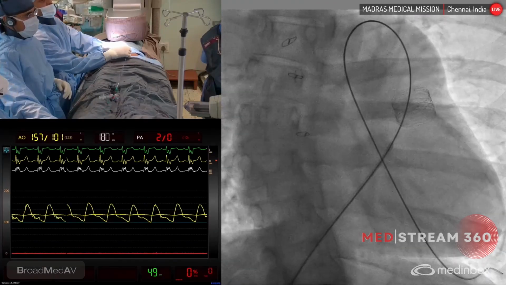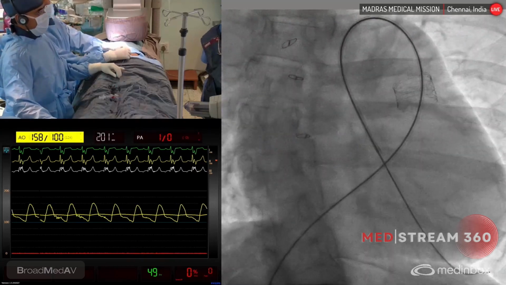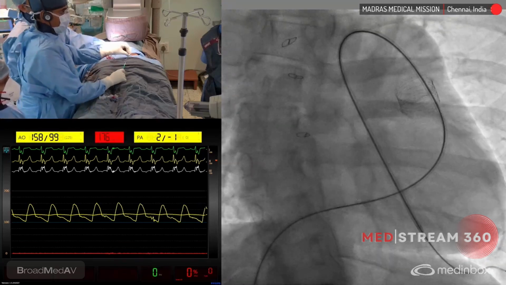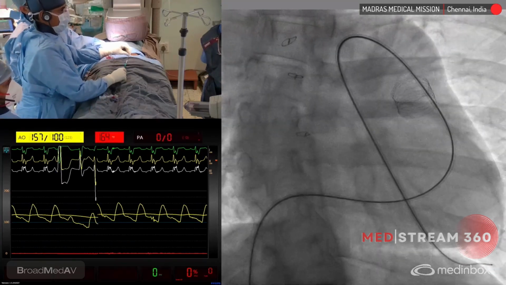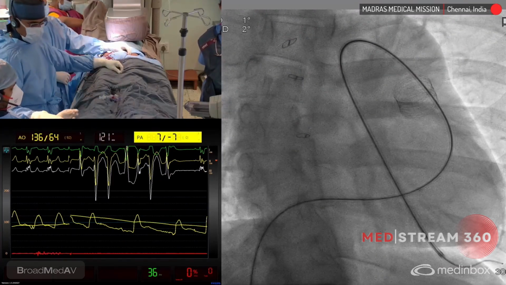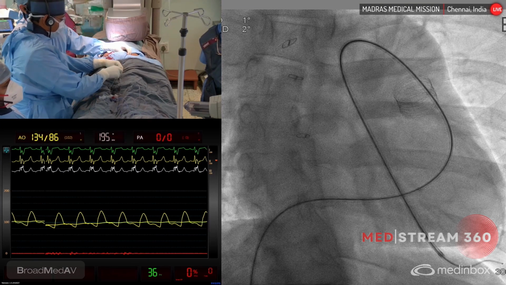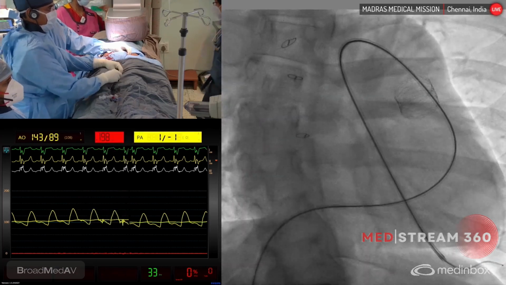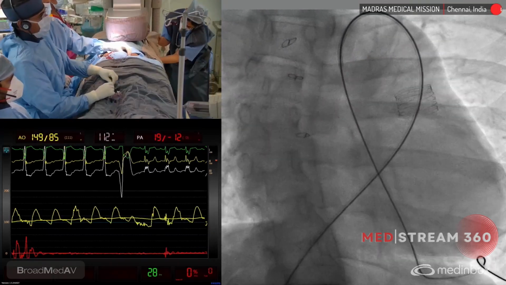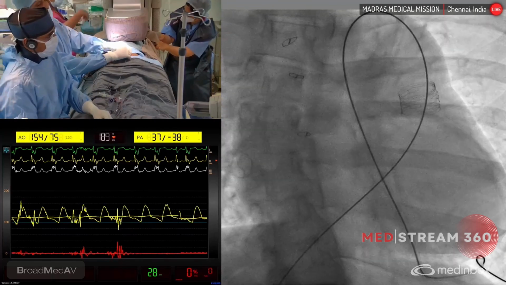Sir, can you explain why you are not using the Amplatz superstiff alone for doing the procedure and want a Lunderquist wire? Basically, I want to park a 12 French braided sheath. It's going to be quite a bulky device to go through. So if I have a much stiffer guide wire, it's going to make the procedure a little bit simpler. With this position, I'm now getting ready for a 12 French long Flexor sheath, which will be parked across